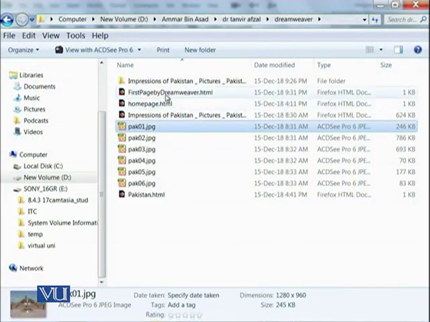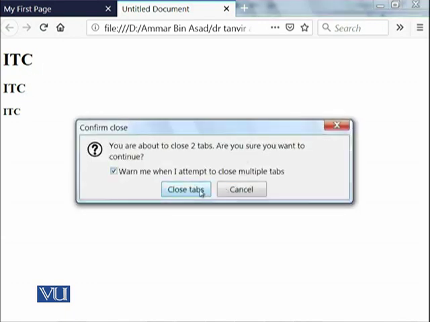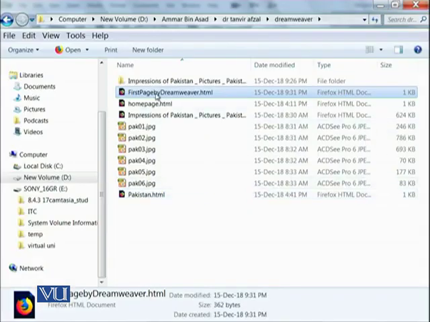So it's over here, and if I click on this page, you can see that it has put all of the required things as requested in this, my first page by Dreamweaver, right? So this has shown all of the things as we added in the last module using Notepad, and in this module using Dreamweaver.